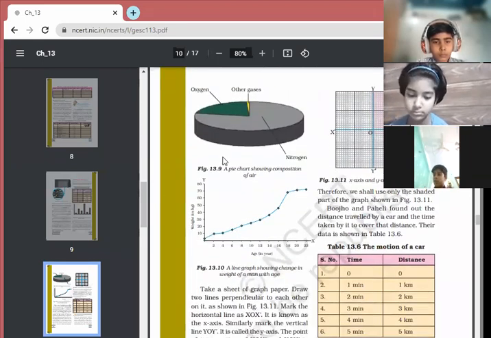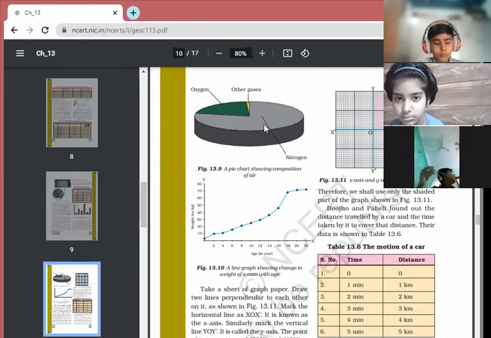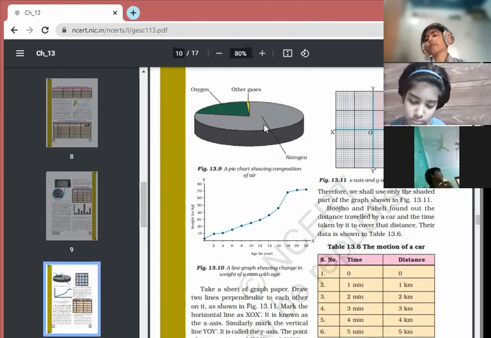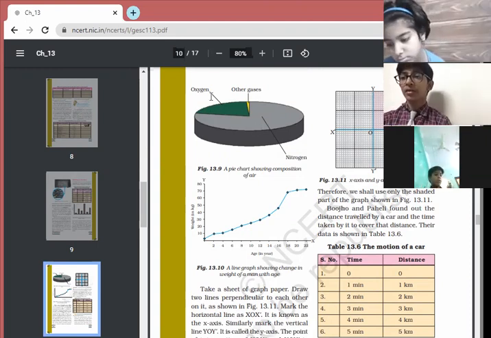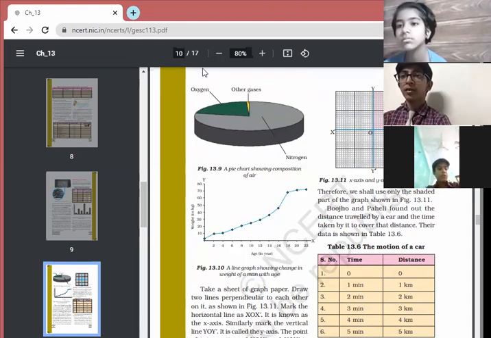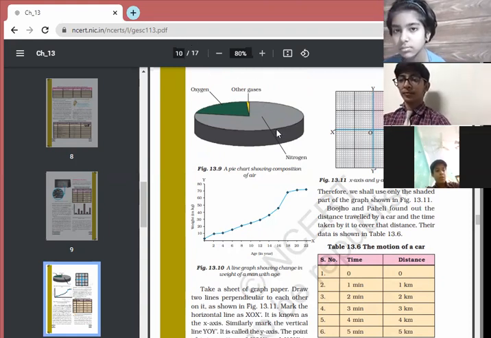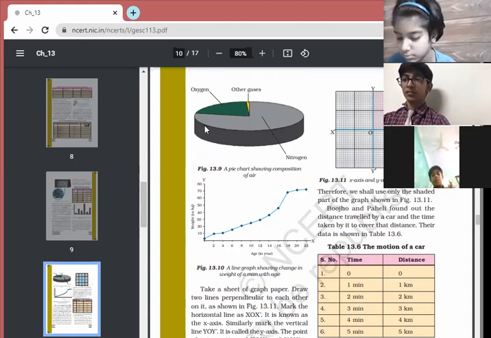And even you can draw the pie chart. Pie chart we have already done for the composition of air. You know, nitrogen covers the maximum. How much amount of nitrogen is there in the air? 78%. Yes. Oxygen is 21%. And other gases are the rest part, which is very, very less. So children, we can draw the pie chart even. Again, you have read in your maths class, pie chart can also be drawn.